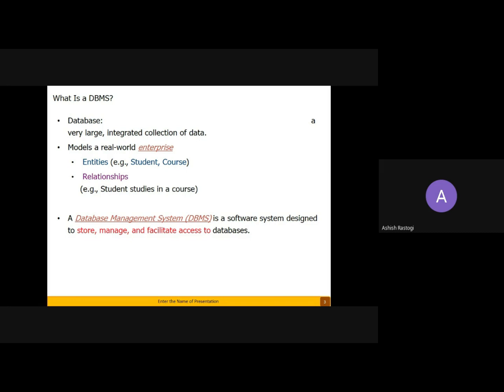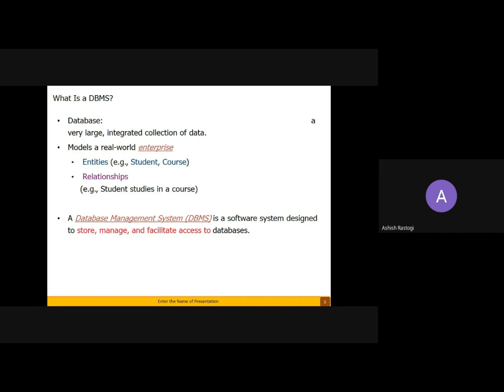Same for the database also. You have to create a model. Model means you have to define how many tables are in my database and how they're connected to each other. In a particular table, how many columns are there, and what constraints we have to apply. So all the structure of the database we have to